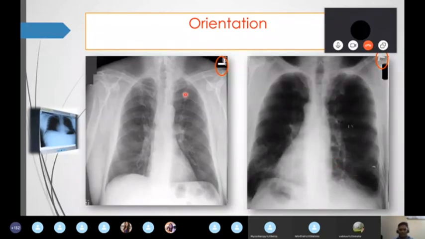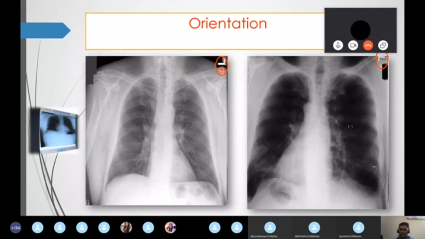So in this case, the first X-ray is correct. Even the second is also correct because the patient has dextrocardia. That is the reason he has 2/3 on the right side and 1/3 on the left side. So the labeling is correct. Understand? So always keep in mind, once again, you want to check the orientation, how to hold the X-ray or how to keep the X-ray in the X-ray box. Two points you have to always keep in mind.